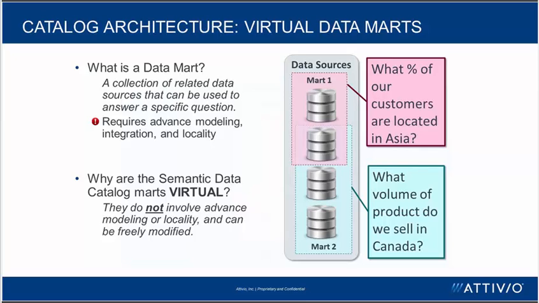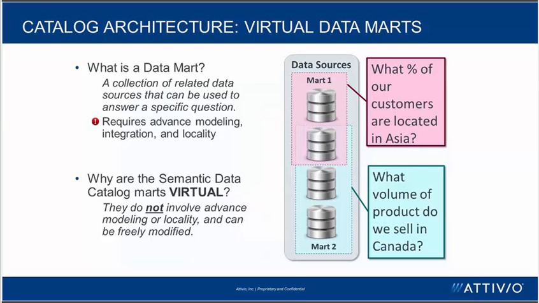But the downside to them is that they typically require some advanced modeling, some integration, locality. Sometimes you have to materialize the data within them. Whereas Attivio's virtual data marts are much simpler and quicker to use. They don't involve the advanced modeling or locality, and they can be easily and freely modified. So this allows for sources or catalog entries to be entered once and then reused in multiple of these virtual